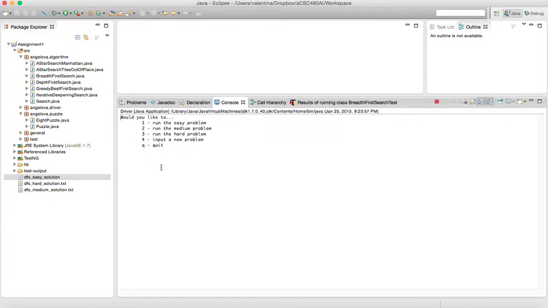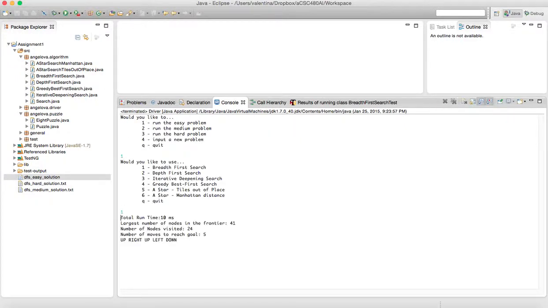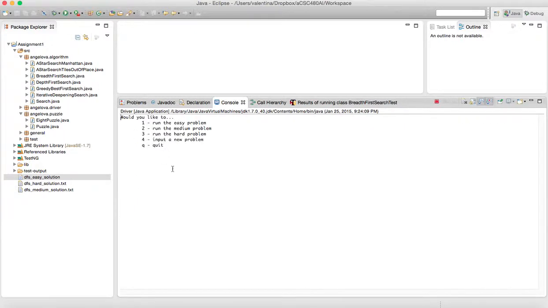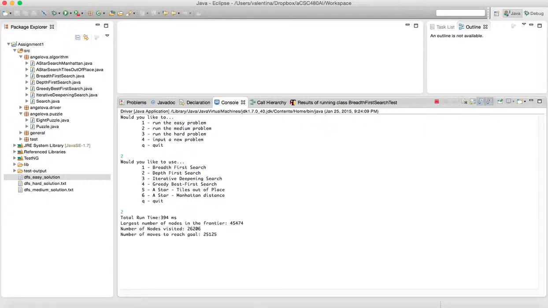So as you can see, a simple user interface will run the easy problem with breadth first search. We'll come back with our goal state in 5 moves, and here's the sequence of moves. Now let's run a medium problem. Depth first search, that one actually took quite a bit of moves, so not ideal, or at least performs worse